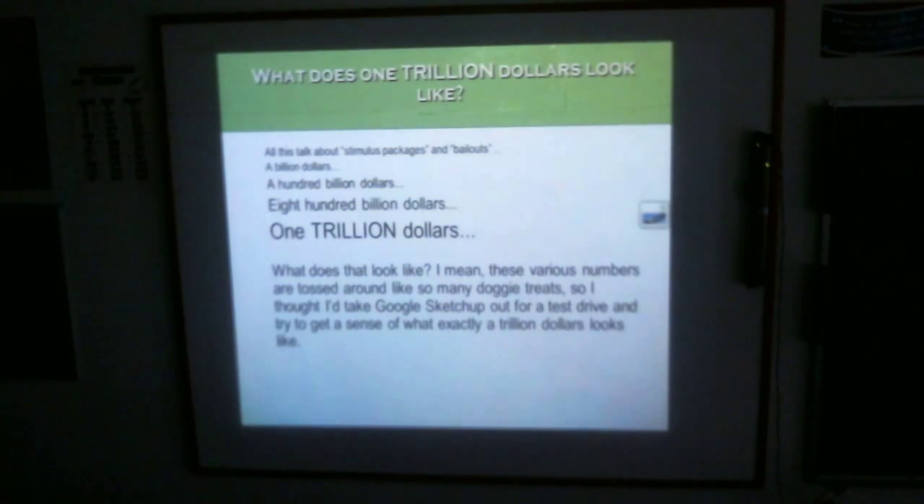There we go. What does $1 trillion look like? I'll just talk about the stimulus package. $1 billion, $100 billion, $800 billion, $1 trillion. What does that look like? By the way, this is kind of a funny guy that did this. These various numbers are tossed around like so many doggy treats. So I thought I'd take Google SketchUp out for a test drive and try to